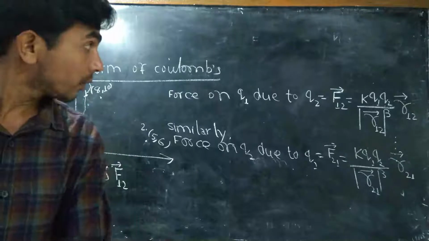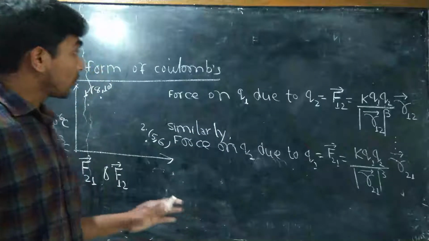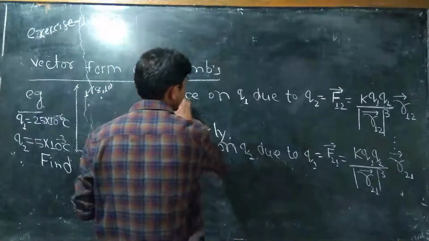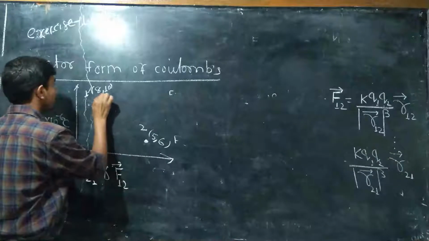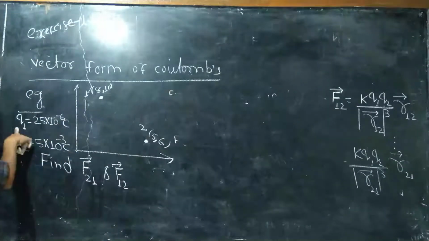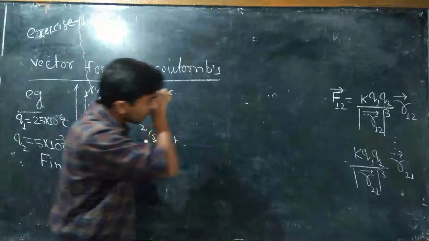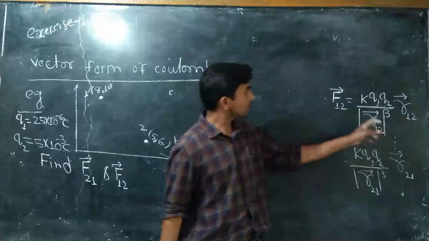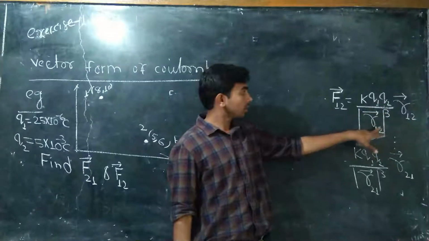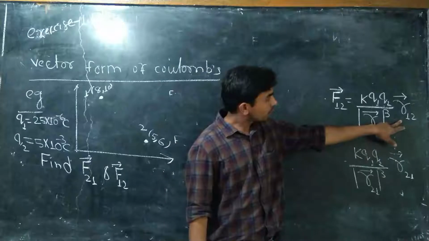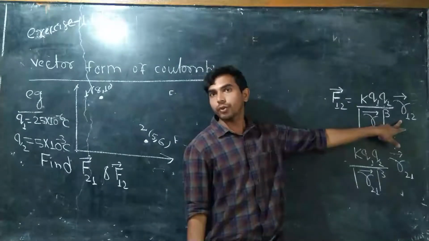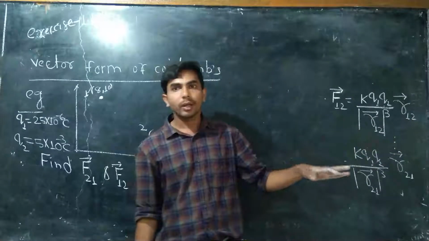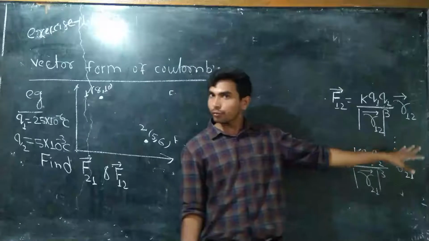So as you see, the formula is already written on the board, right? By using this formula I am going to find the answer. Now see, this is 0.1, so this charge is present, and 0.2, this charge is present. So what is the formula? K Q1 Q2 over the position vector of R1 with respect to 2. That means we have to find R1 vector, R2 vector, and then the position vector of R1 with respect to 2, right?